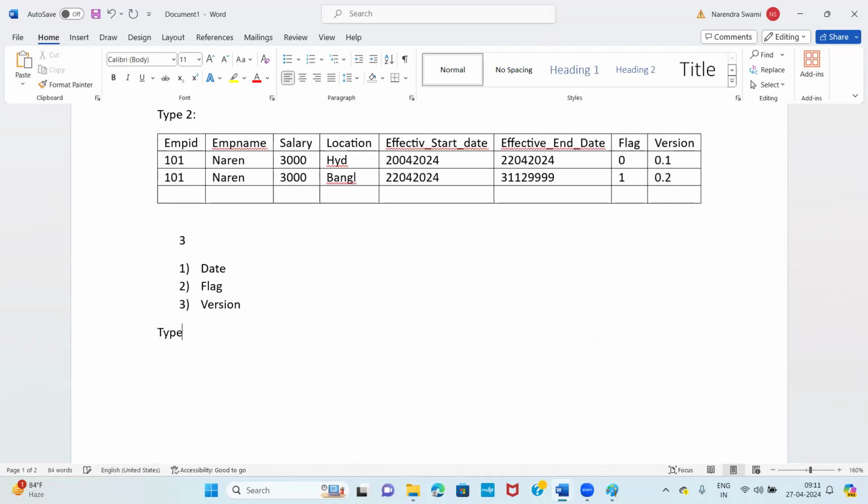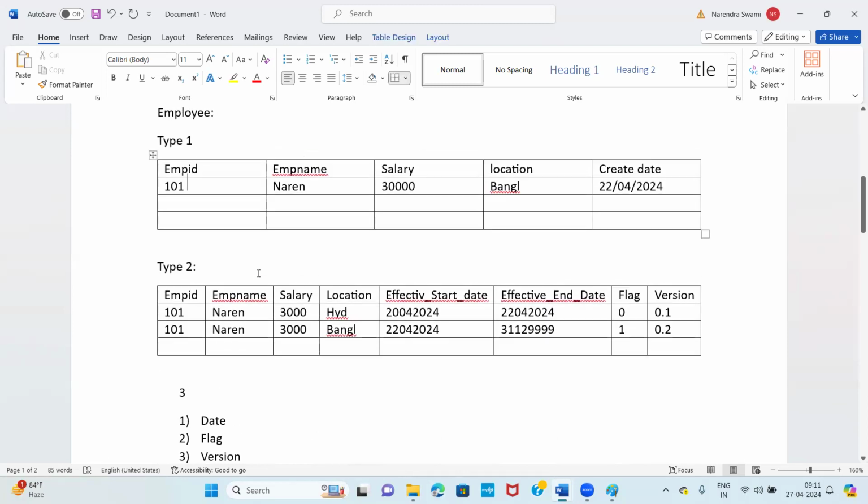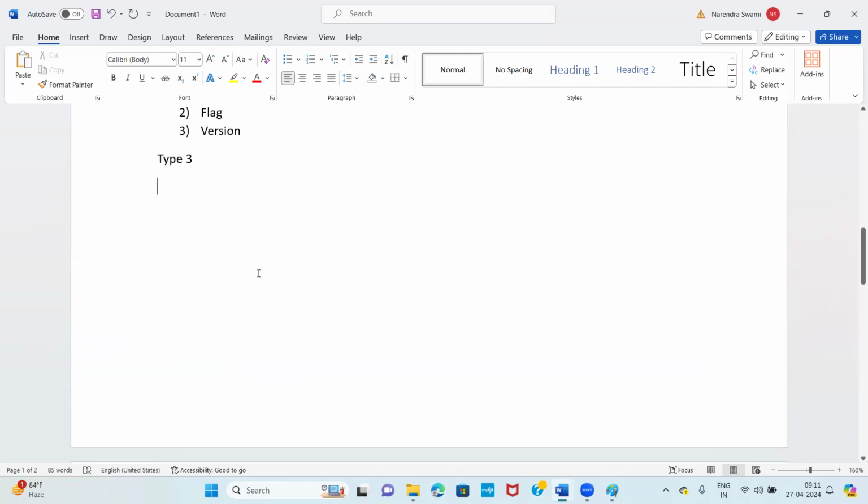Now we are going to see type 3. Type 3 ఏంటి? కరెంట్ ప్లస్ పార్షియల్ హిస్టరీ, రైట్? కరెంట్ ప్లస్ పార్షియల్ హిస్టరీ is nothing but a type 3. How are we going to do the current plus partial history? Same example. I am going to take an example of the type 3. Okay. So employee,